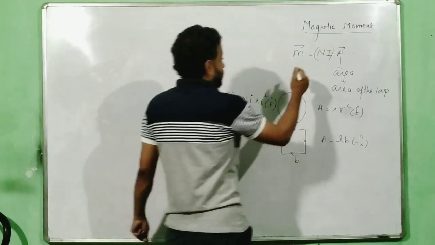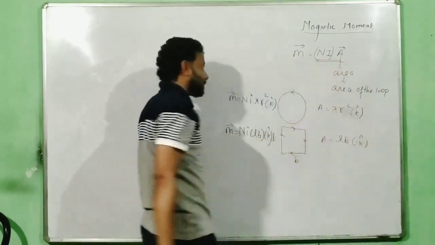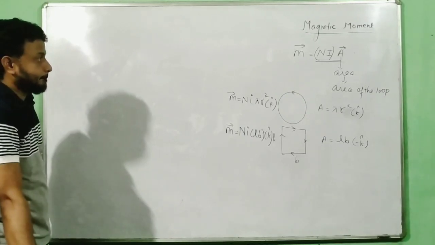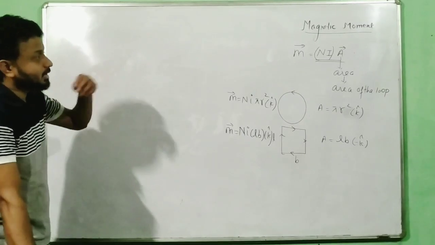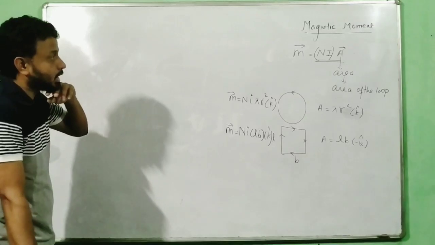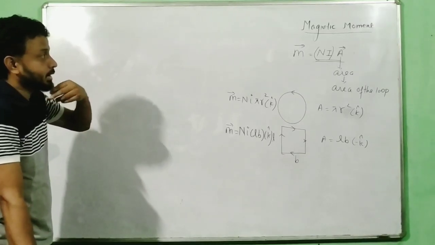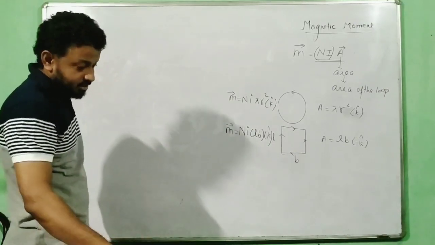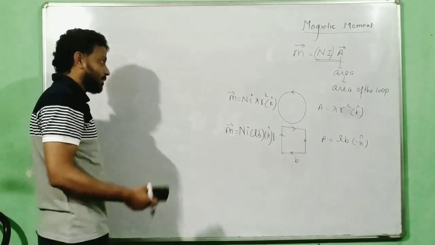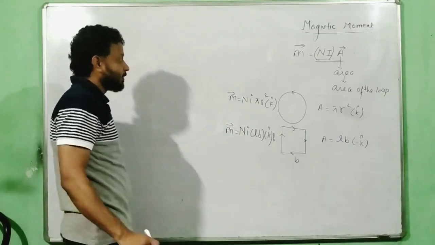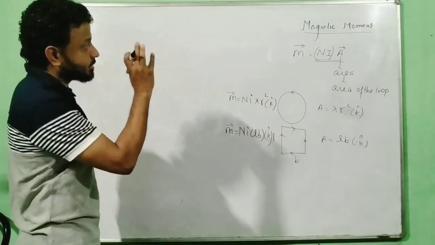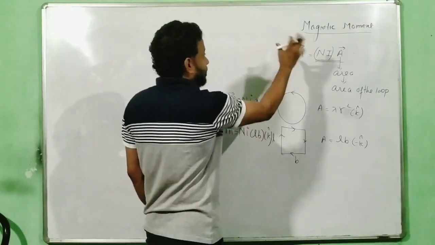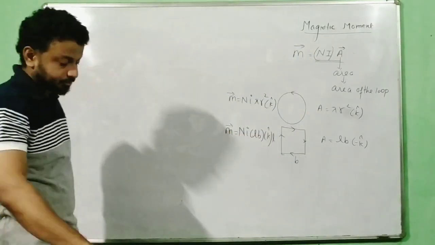Okay, so just don't forget this one, NIA. You can remember this as National Institute of Art or National Institute of Aerodynamics or National Intelligence Agency, anything, NIA, whichever way, just remember it. Now moving ahead, so now we have understood what is magnetic moment. So magnetic moment is this. We defined this term as a magnetic moment, and it has a direction.